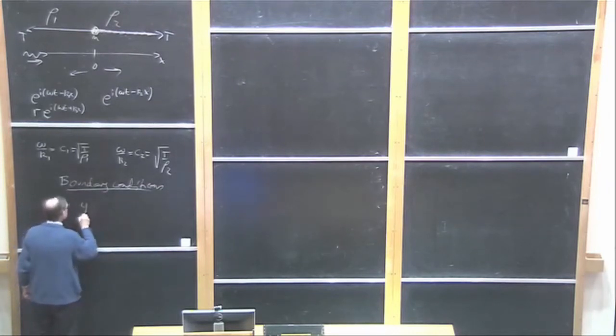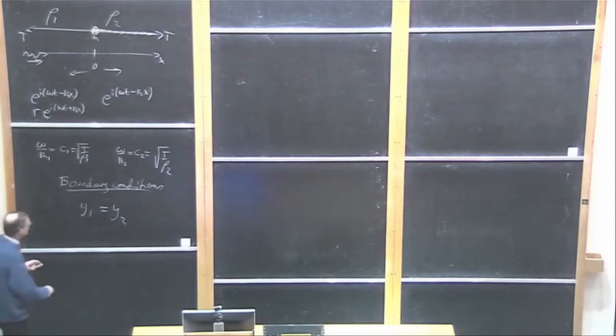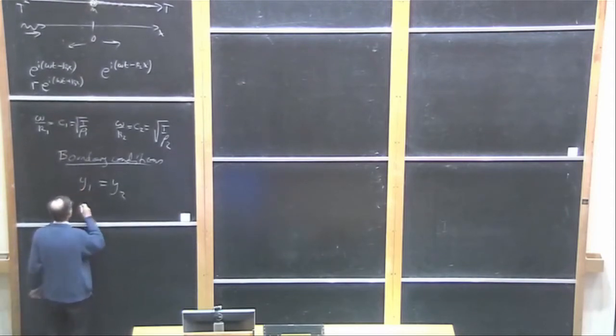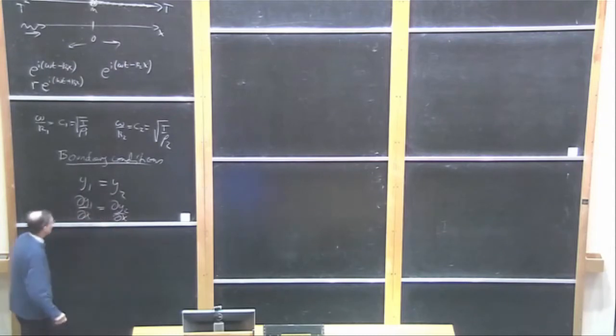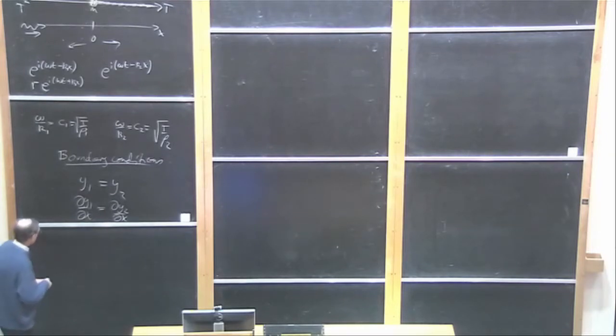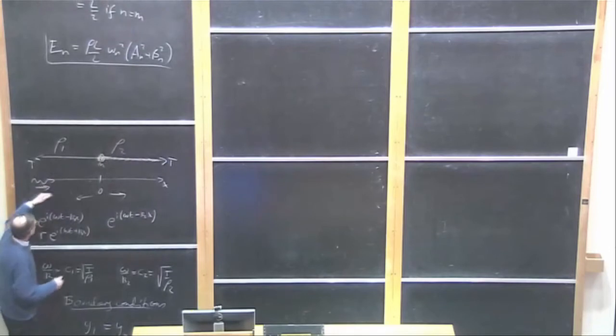At the boundary, we clearly have y1 equals y2. The displacement of the string on the two sides of the boundary is the same. But we also have dy1/dx equals dy2/dx. Why is that? If we remember that there is tension running in the string, where the string is being pulled